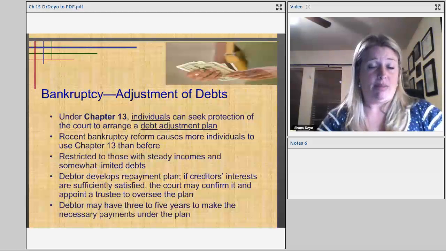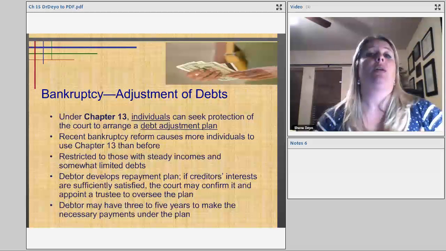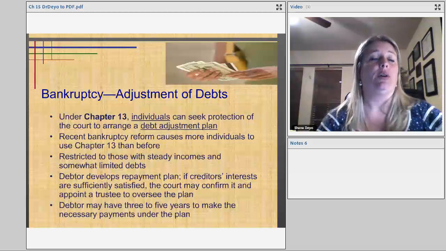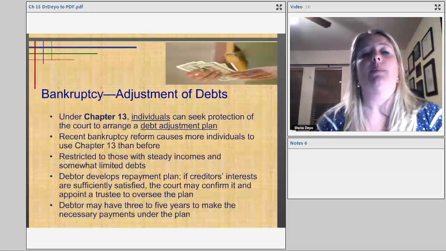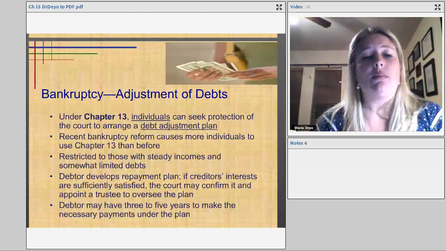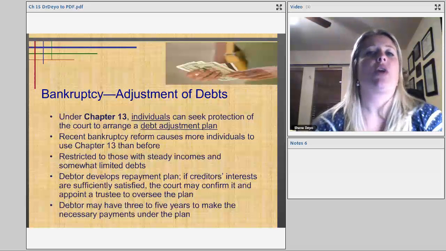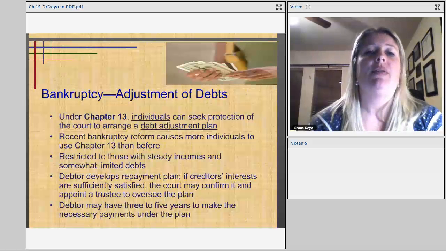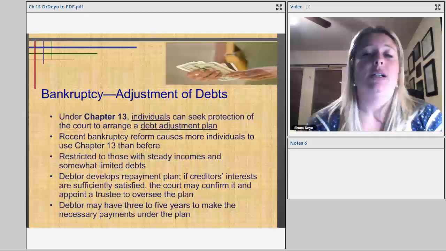They want you to pay back the debt. They just realize you might not be able to pay all of it back, and you might not be able to pay it back in the same ratio and rate that the credit card company and the other creditors may want you to. So they try to set you up on a plan that you can reasonably pay back over time, but that way some of the debt is paid back. It's not just forgotten like it could be under liquidation.